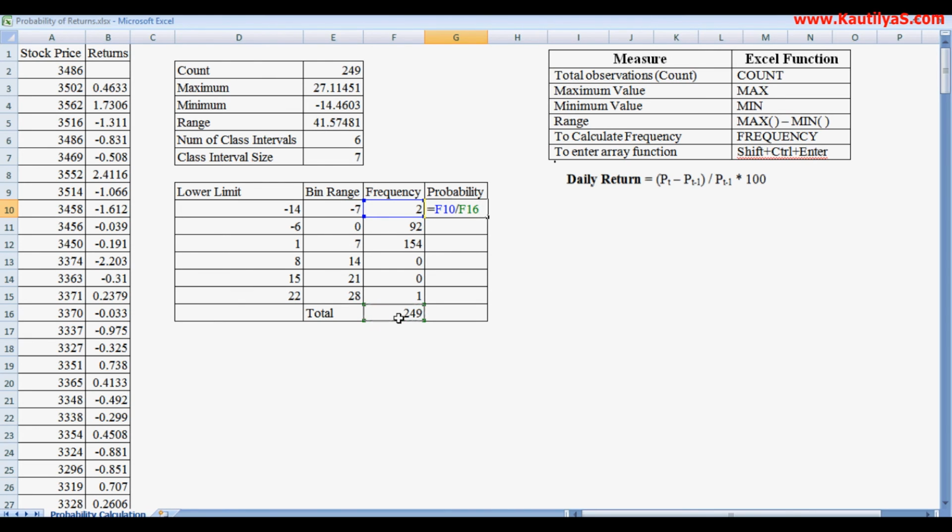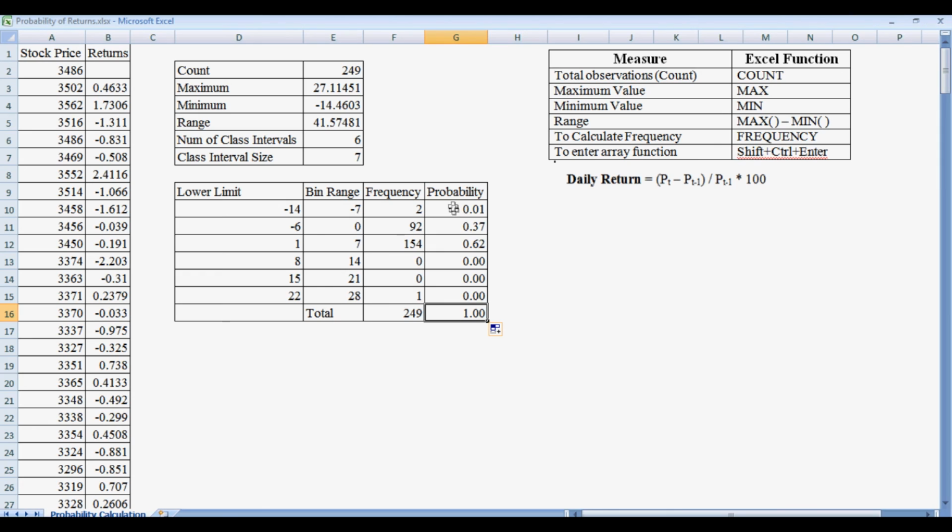We make the total number of observations constant by clicking function key F4, and the probability of this happening is 0.01. Similarly we calculate for all the others, and the total is 1. The total of probabilities will always be 1.